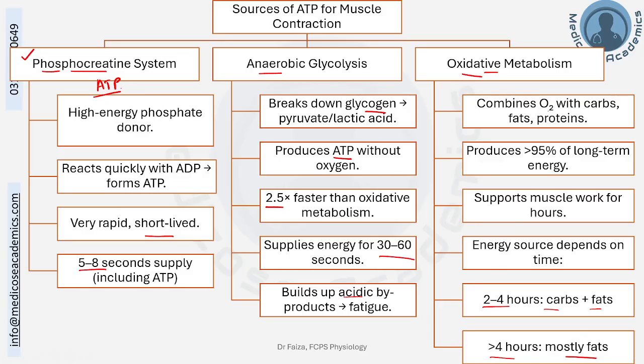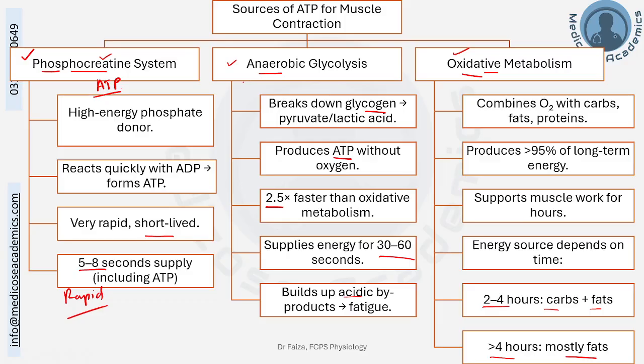oxidative metabolism. Now, if oxidative metabolism is that good and that strong, then why do we need the other 2 systems, the anaerobic glycolysis and phosphocreatine, although short-lived but can rapidly provide energy? So in case of those muscular activities which require short bursts of energy, for example, long jump, you need short burst, rapid resourceful energy. There the phosphocreatine and anaerobic glycolysis will play their role.